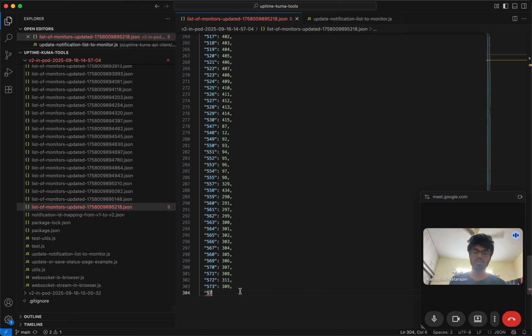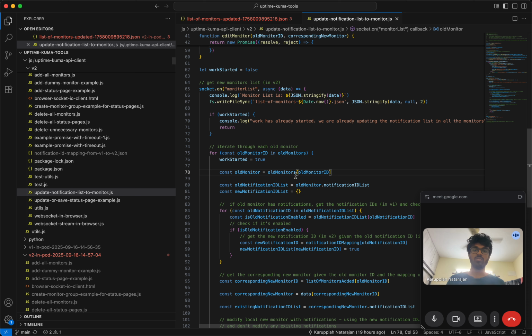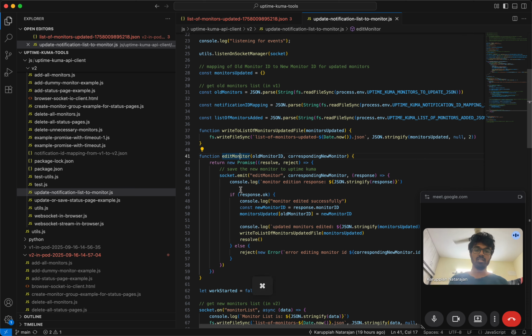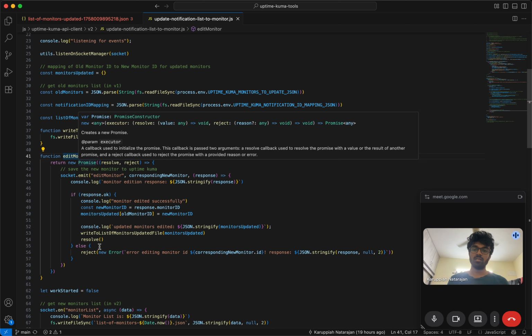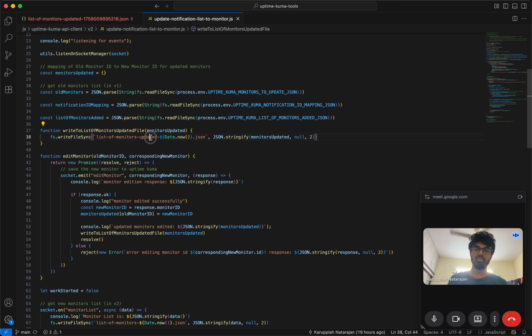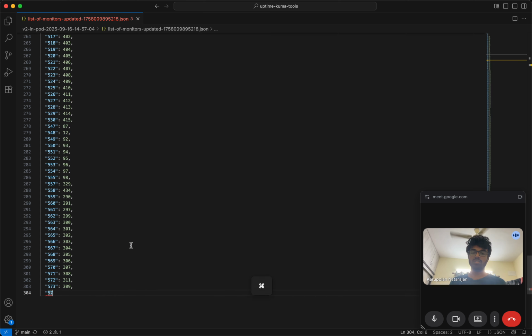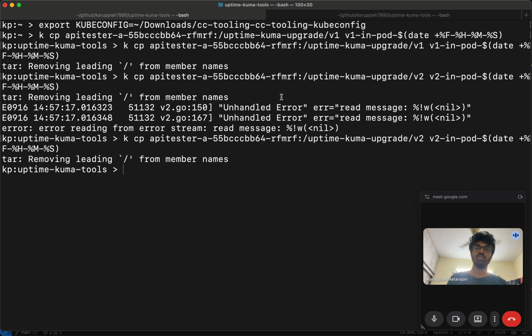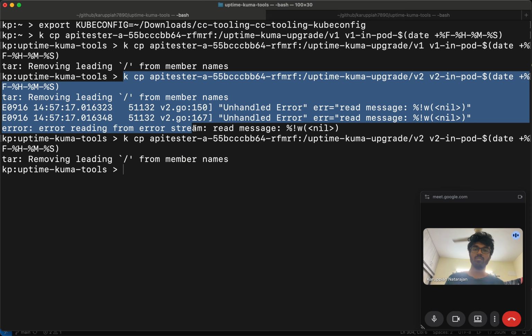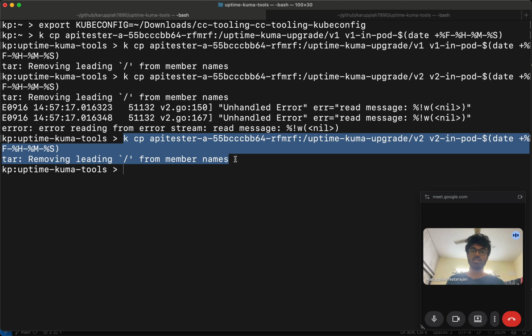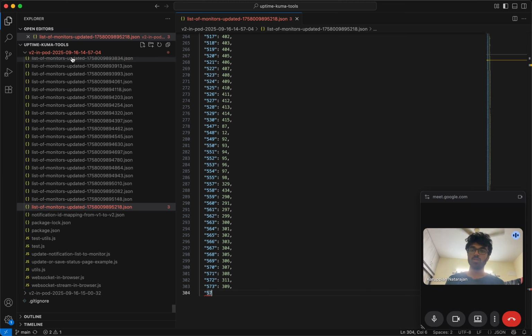But the reality was, and I was checking the code, this is actually a promise, and you write to the list of monitors updated file and then you resolve, so it will wait for it, right? So this happened only because the kubectl copy didn't work properly, and hence I tried the kubectl copy again. This time the kubectl copy worked properly. So here you can actually see,